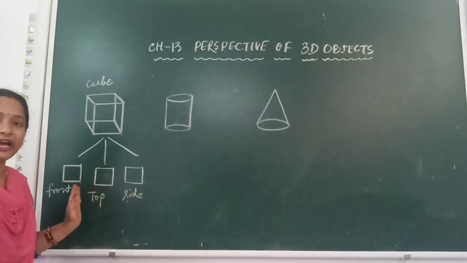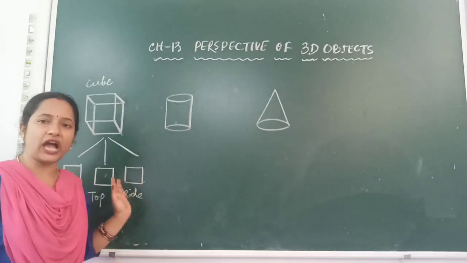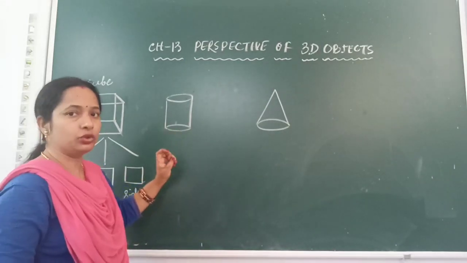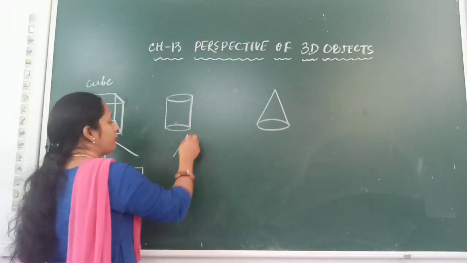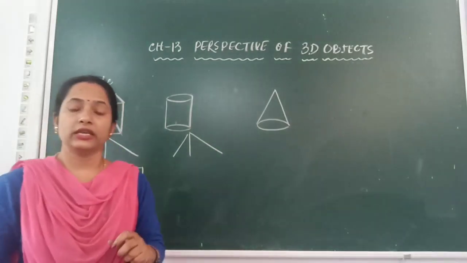That they are the 2D shapes. The views of any 3D shapes are in the form of 2D shapes. It looks like a 2D shape. Whereas if you are going to find out what are the different views of a cylindrical object, if you will